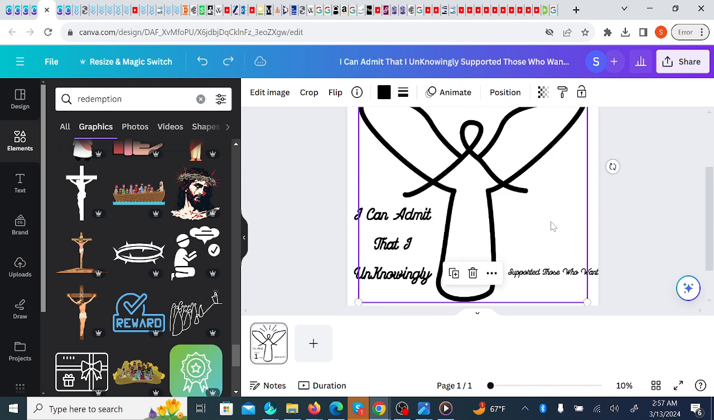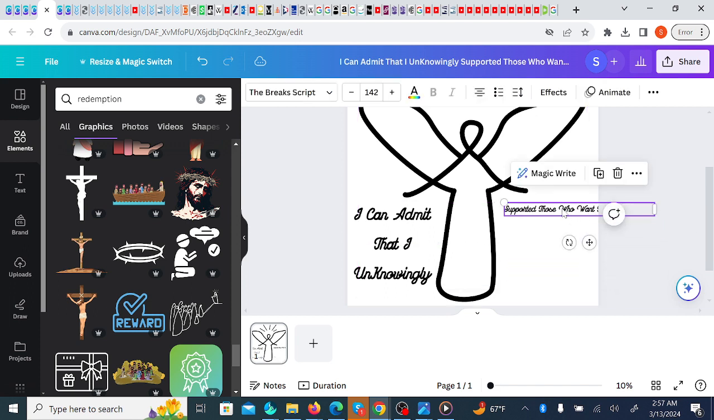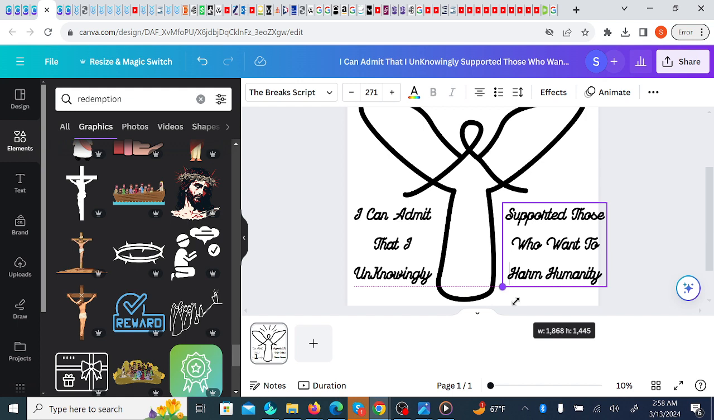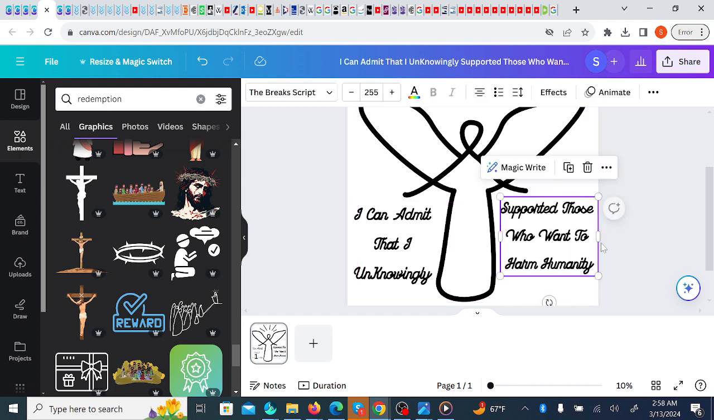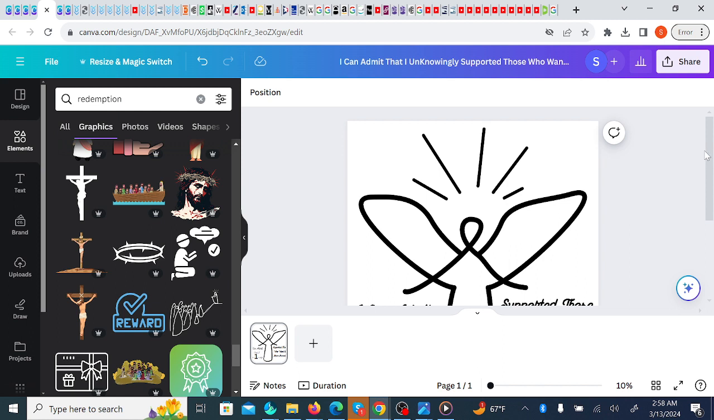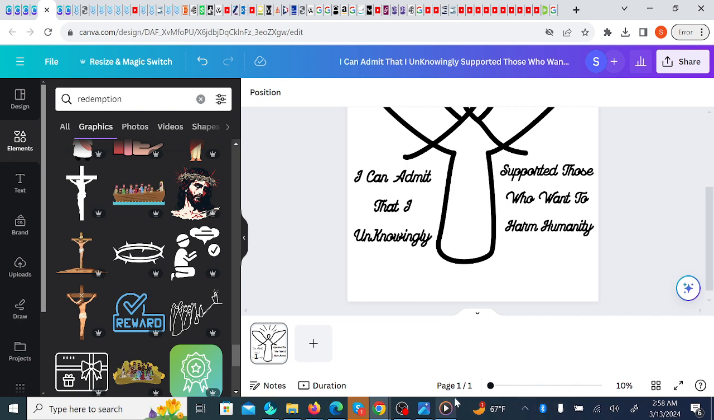Oops. Control Z it back. Oh my gosh, I keep on doing it. Trying to move this text around. Make it bigger by putting my cursor over that dot and sliding it at an angle. Okay, so let's go back to,